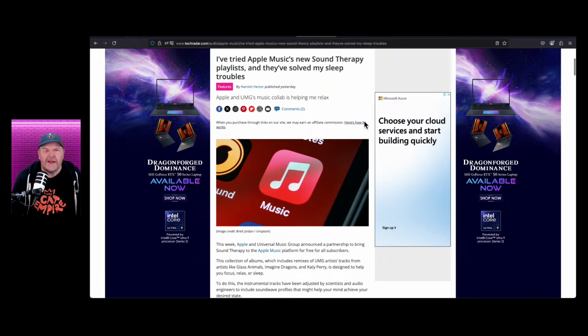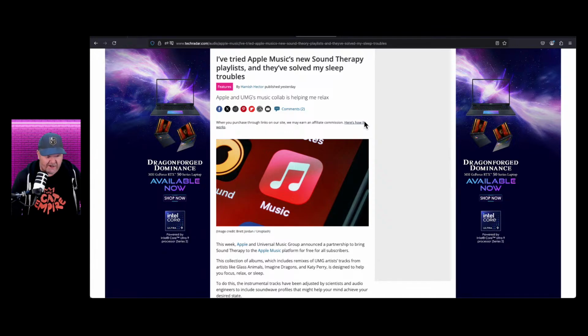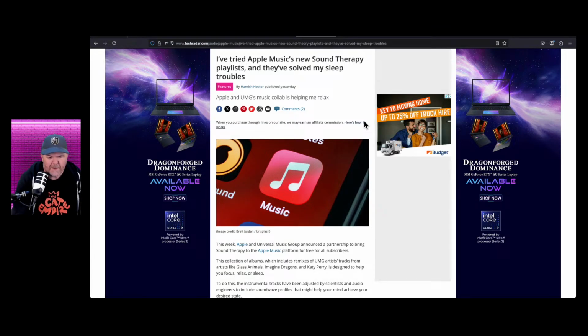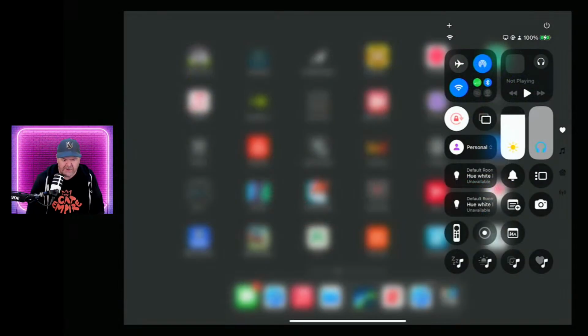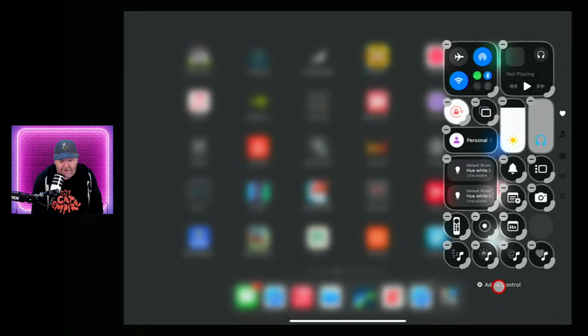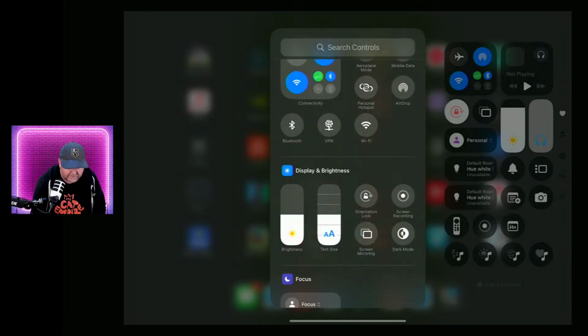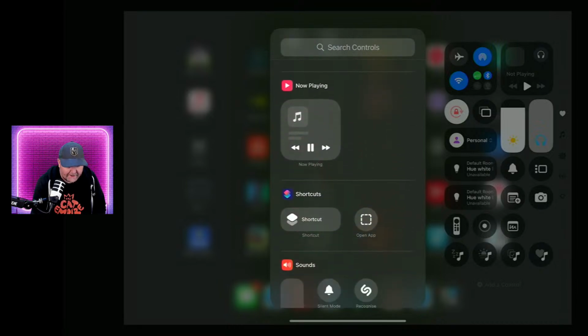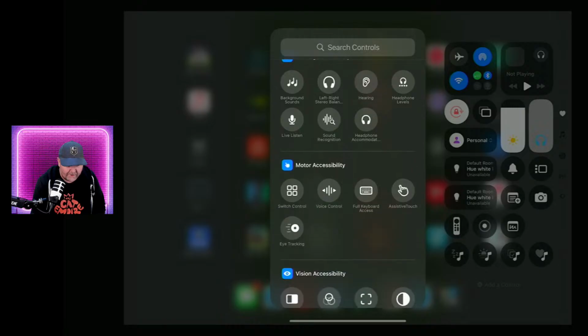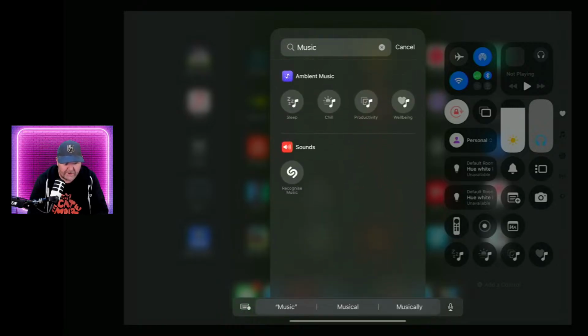They first added the new ambient music. If you haven't checked this out, I'll see if I can do it here on my iPad, and if I can show you. Yeah, I've got them set up here. So they added a new ambient music feature, which is actually pretty cool. It seems to source music. So these ones down here, you've got like a sleep one, an awake one, a study one, a love one, and you can add these by, if you tap and hold here on your command center and go add a control, it's in here. If you've got Apple Music, it's in here somewhere. I found it originally and added it, and now I don't know where it is. Can we just go music? There it is. Ambient music.